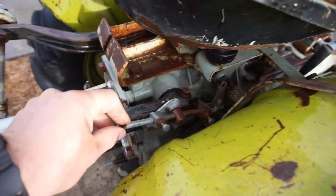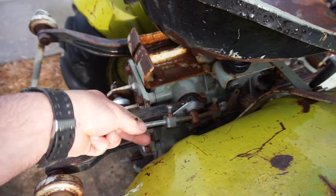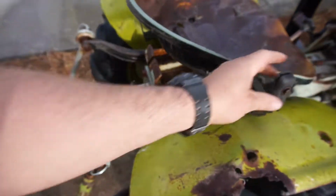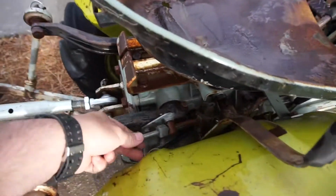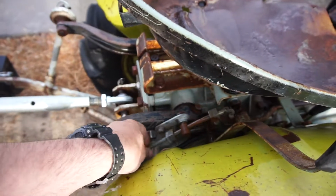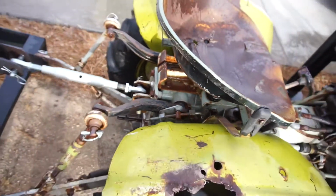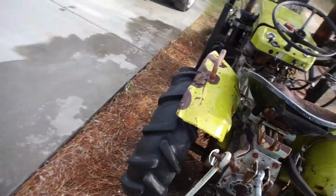This little lever here is your stop and release, basically. When you pull the lever for this to come up or down, it'll stop. It'll pull the lever back to neutral. But because it's bent, I had it hooked up yesterday. It wasn't hooked up when I bought it. Because it's bent, it gets stuck, and then I got stuck. Four-wheel drive does not work